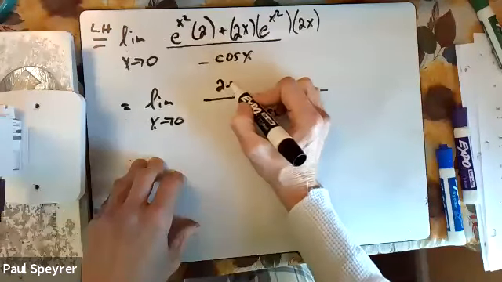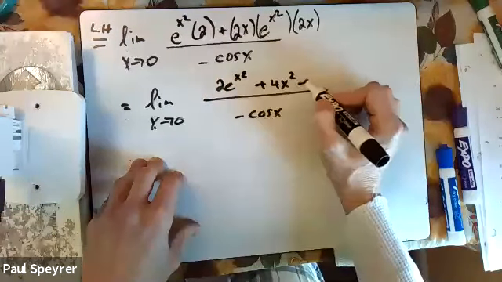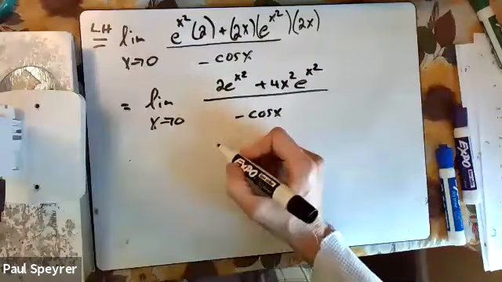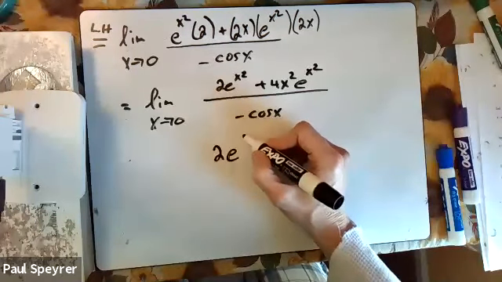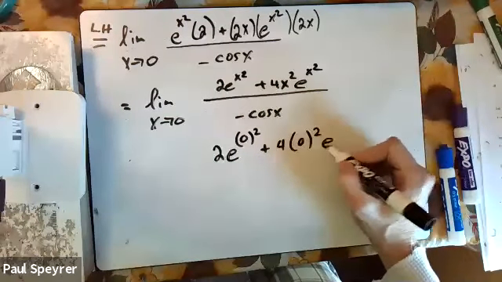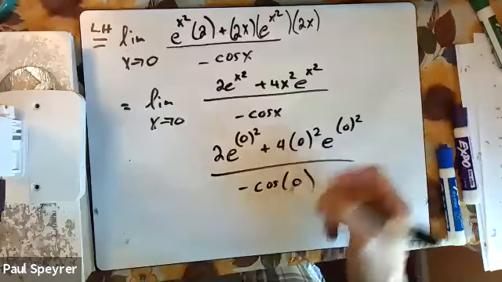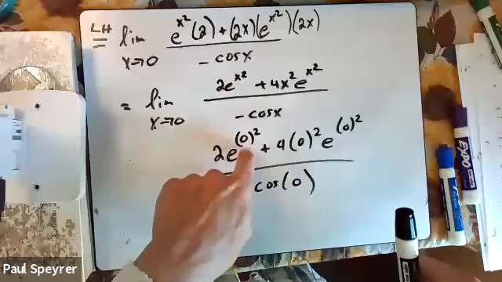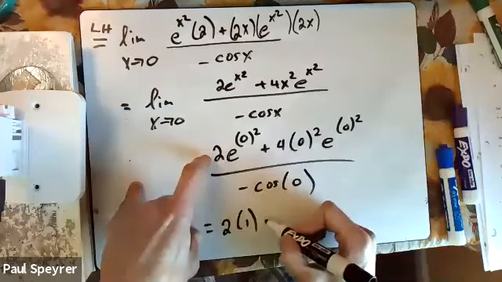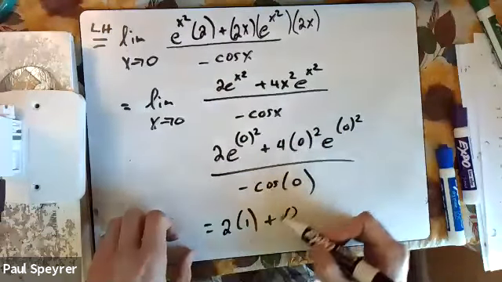So this is 2e to the x squared, and then we have plus 4x squared e to the x squared, divided by negative cosine of x. Remember, we're just basically plugging 0 in, right? I'm just plugging the 0 in for this one because it looks a little more tricky than the other ones that we've done so far. So if we plug 0 in, what happens right here? Remember, e to the 0 is 1. We have a 2 out here, so this is 2 times 1 plus, well, this 0 right here basically destroys everything else, so that's 0 over